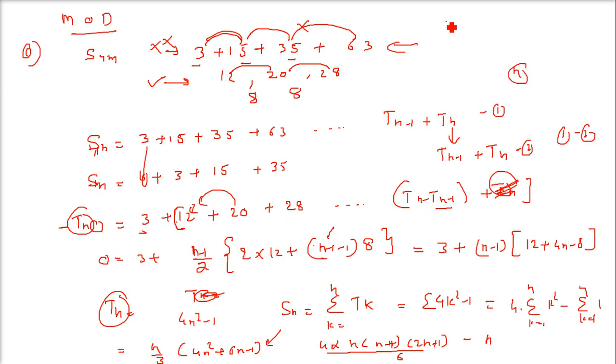See, when we take the sum of n terms, it will be n by 2, 2a plus n minus 1 into d. But the term here is n minus 1. Because we have already taken one of these, and this Tn we are not taking, we bring it here, because Sn minus Sn will be 0. So this will be n minus 1 terms, so n minus 1 we are using, and this again n minus 1 we are using, and finally we use this sigma, and sigma k square is the main thing which we used, and this is the final solution.